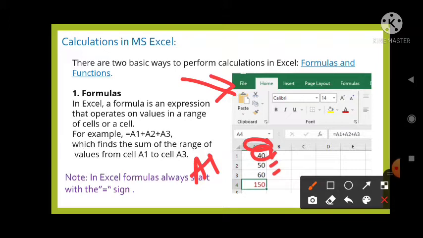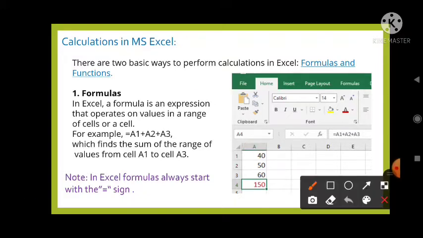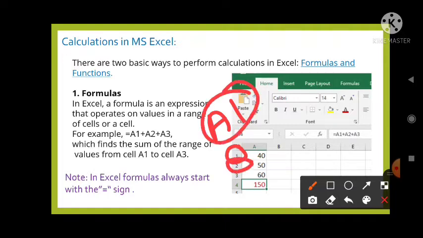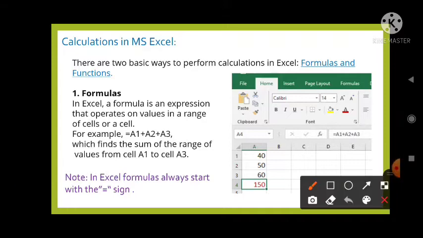When you are finding the cell address of any cell, first write the column name, then write the row number. So here it is A1, the next one is A2, the next one is A3. In all these boxes we have already put the values 40, 50, 60.